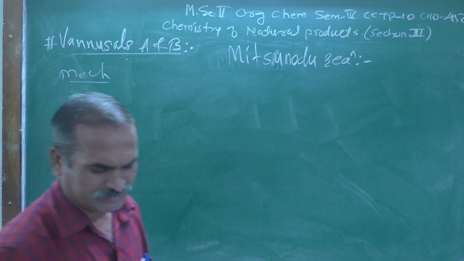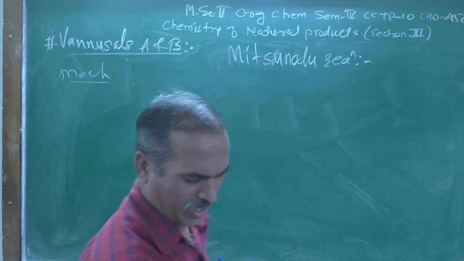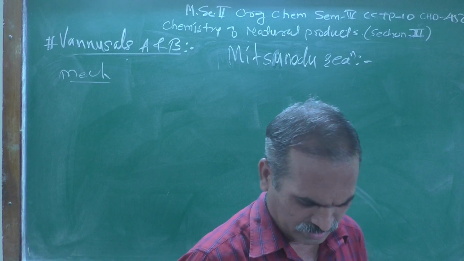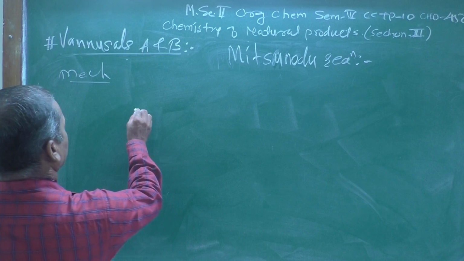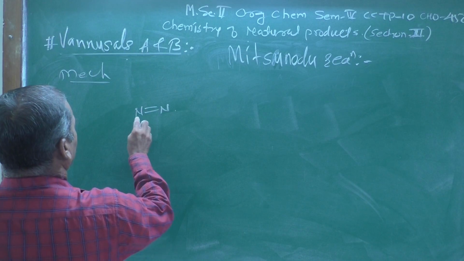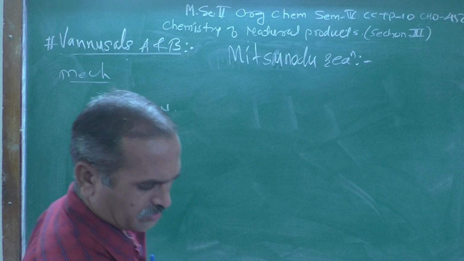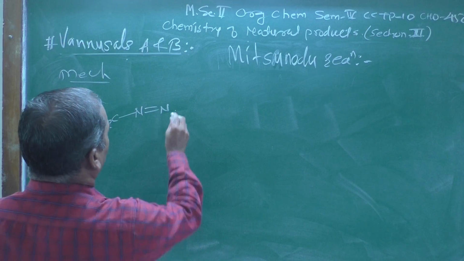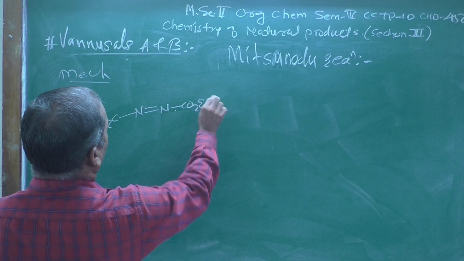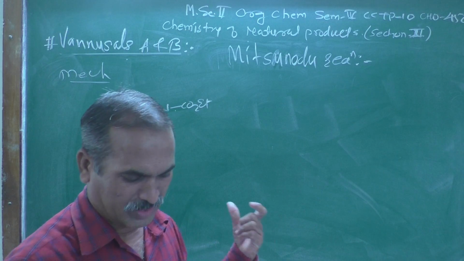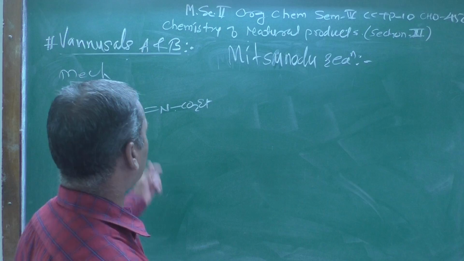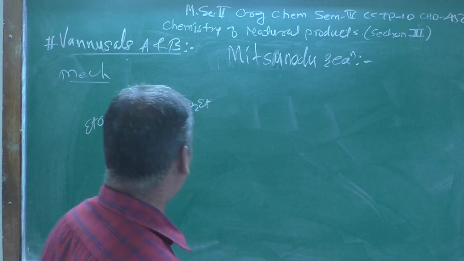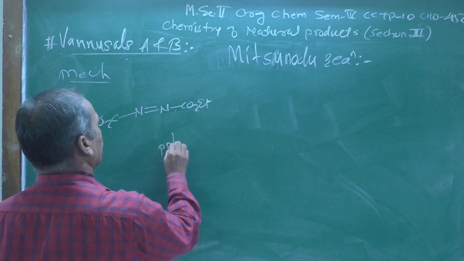So, here the compound which we are using is azo, this one, N double bond N, where this is CO2Et, and the other CO2Et. This is the compound, DEAD, meaning diethyl azodicarboxylate. And now here is PPh3,